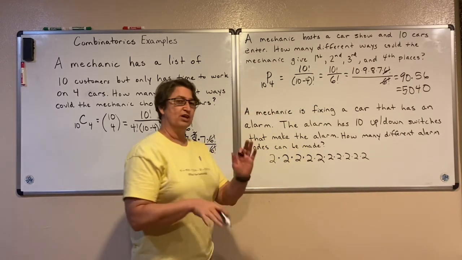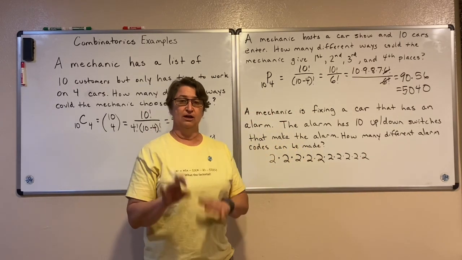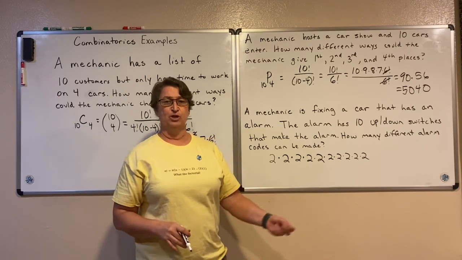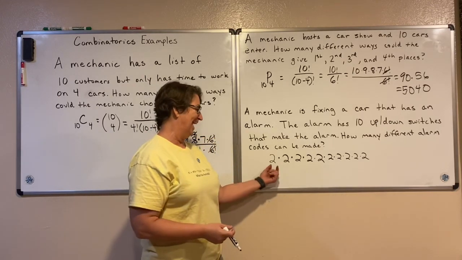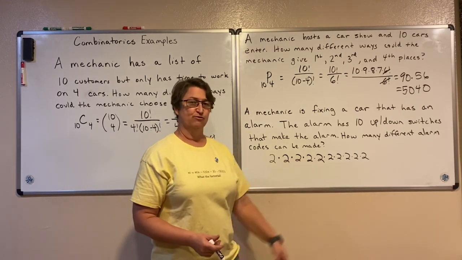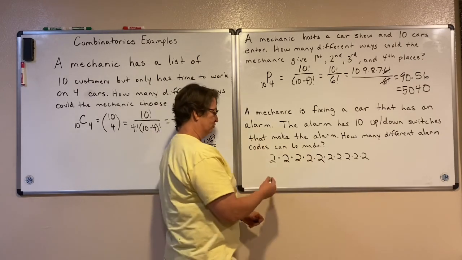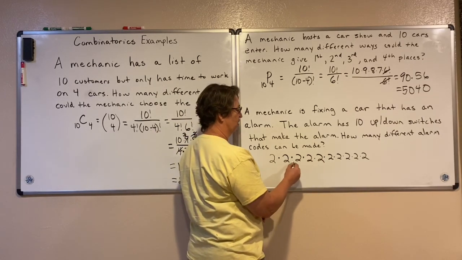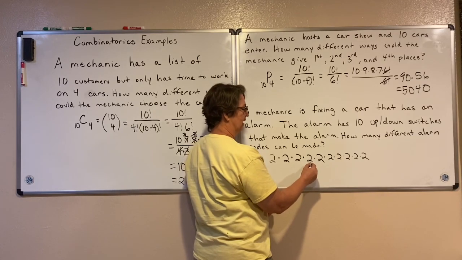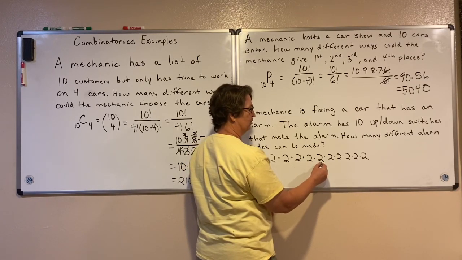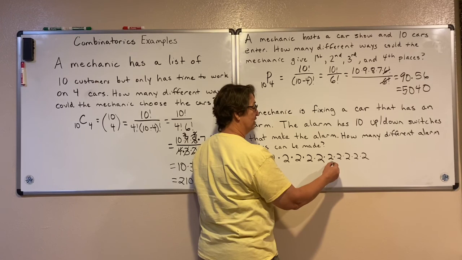So each one of the up-down switches is its own little event that's independent from the others, and we're just looking at how many outcomes there are for each of those events. Now we do a little multiplication. 2 times 2 is 4, times 2 is 8, times 2 is 16, times 2 is 32, times 2 is